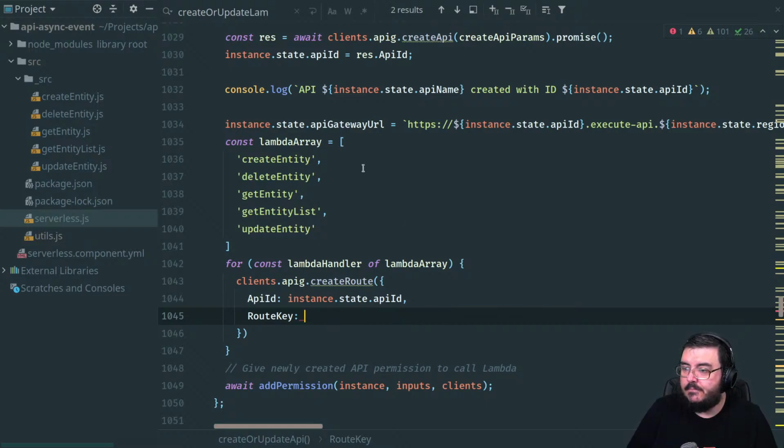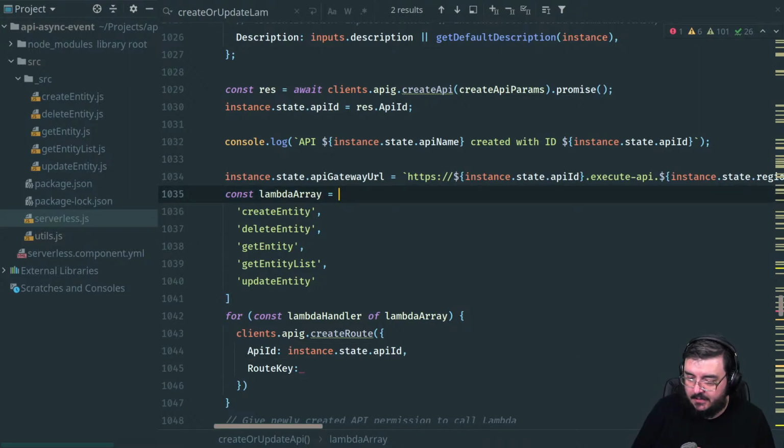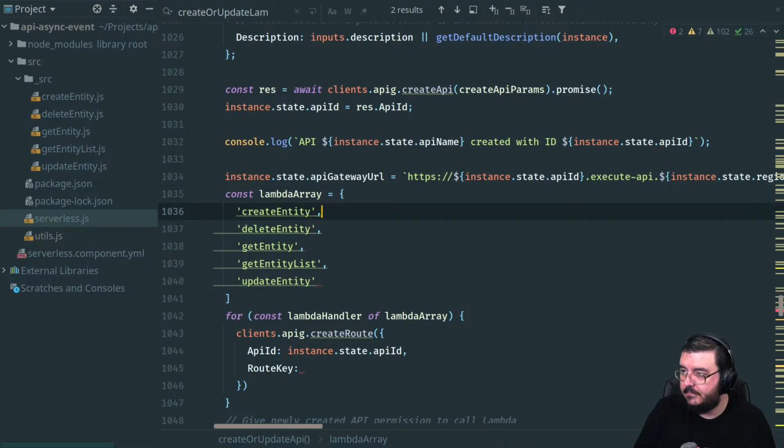And I'm going to change my mind on this structure here. The create entity is going to be... Ooh, interesting.